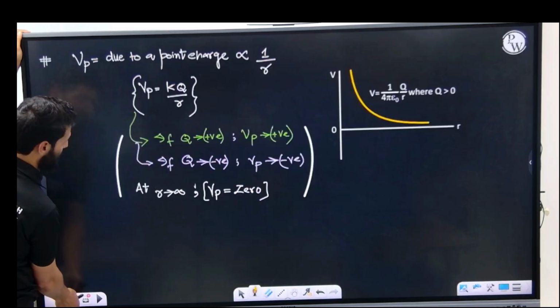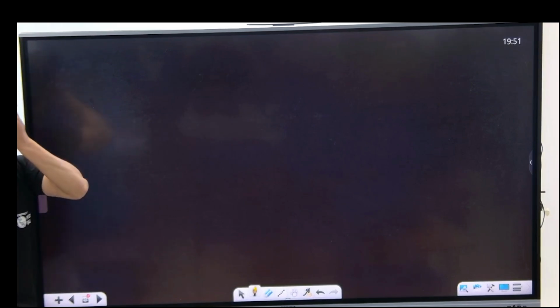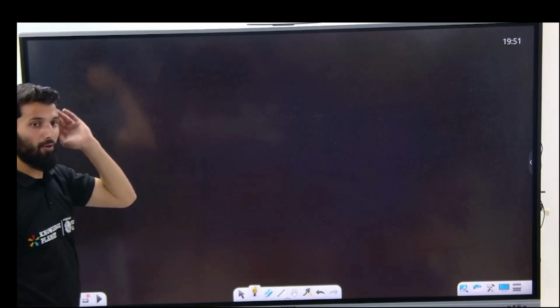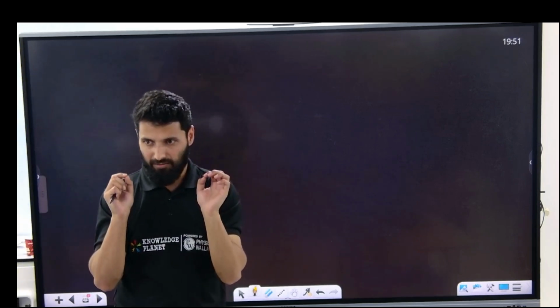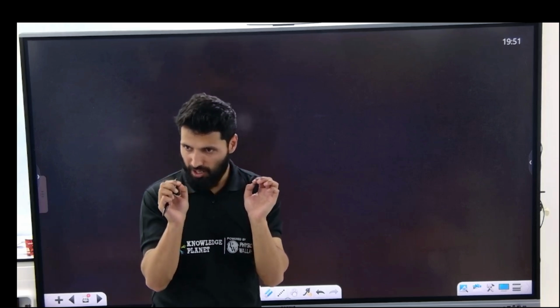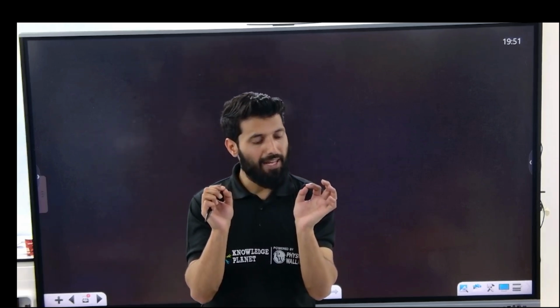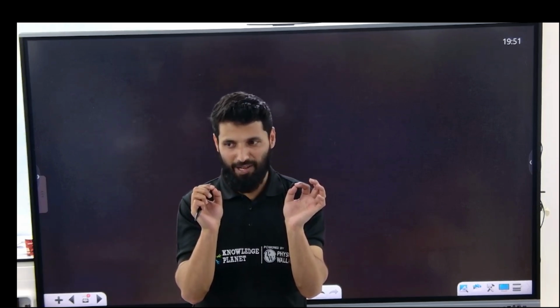Okay, before that, let me tell you one more concept. Potential difference is just the difference, nothing else. Now look here. If I have this 1 point charge, some r distance away, what is the potential? If I have a point positive charge q, how much is the electric field? KQ by r square. How much is the potential?